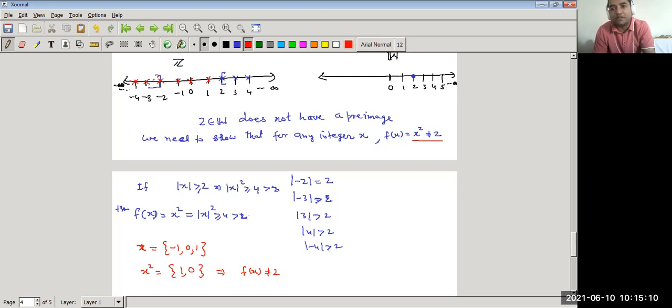जिसको स्क्वायर करने से हमें 2 मिल रहा है। इसका मतलब कोडोमेन में y हमें मिला, इस y की कोई भी प्री इमेज यहाँ एग्जिस्ट नहीं कर रही है। अगर इस 2 की प्री इमेज एग्जिस्ट नहीं की तो इसका मतलब रेंज कोडोमेन के बराबर नहीं होगी, और रेंज कोडोमेन के इक्वल नहीं हुई, then function is not onto function. So in this way we can prove that this function f of x is equal to x square defined from set of integers to whole numbers is not onto function।